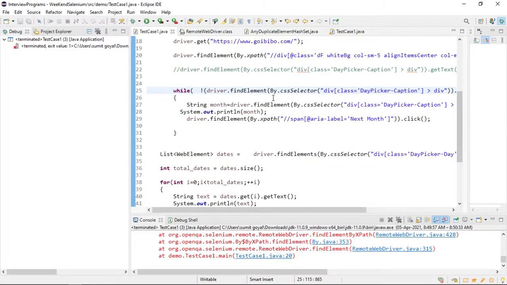Let me write some other XPath, as that is failing again and again.